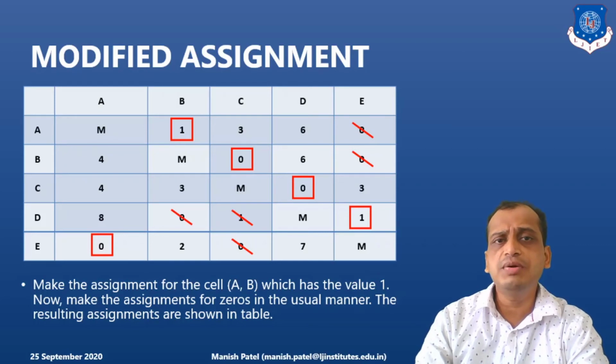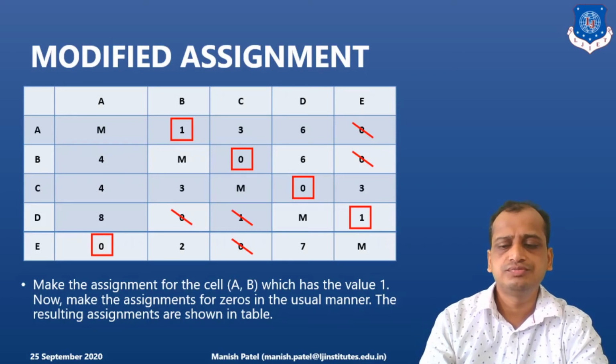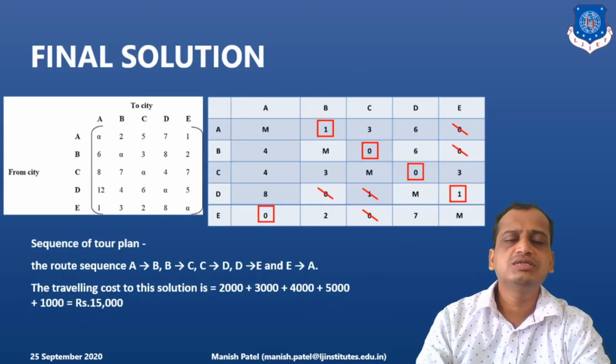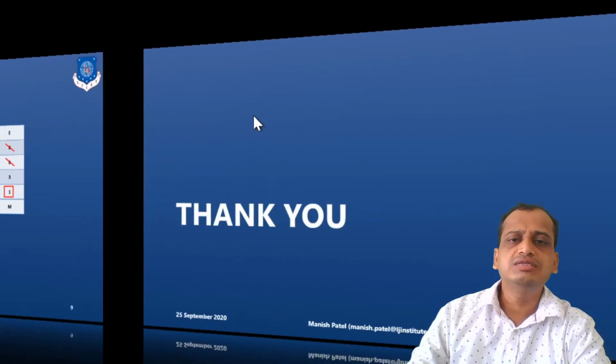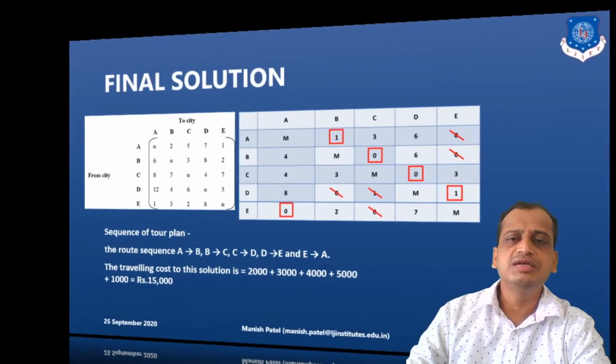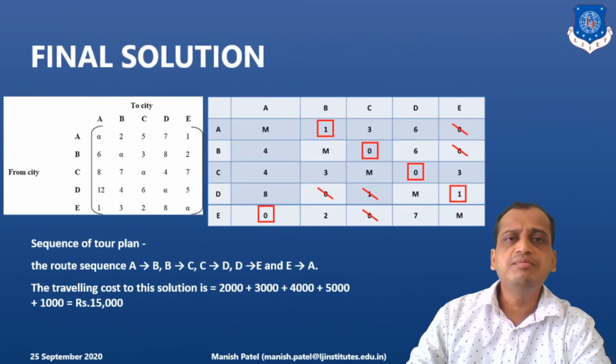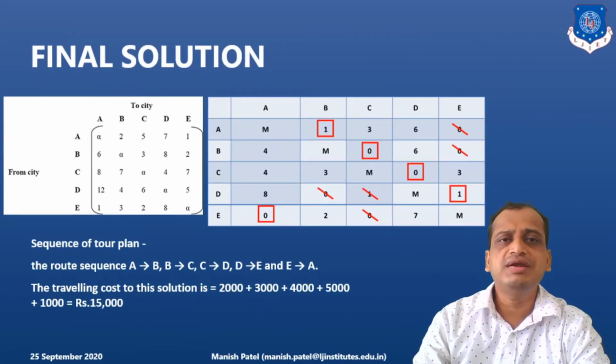You can have multiple answers as well, right? Multiple solutions as well. This is not the only answer. You can have multiple solutions. So this is the final solution. What I have done here is, I have just copied down the answer here. And the original matrix, whatever matrix was given, I have written here as well. Why? Just to take down the cost elements.